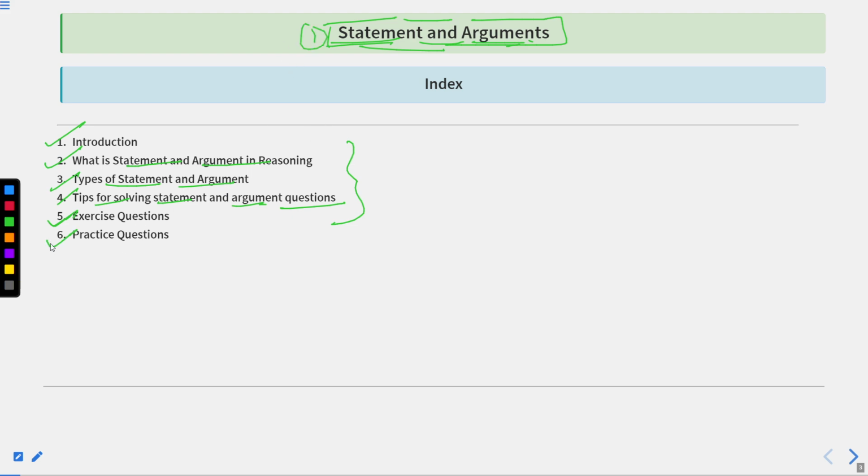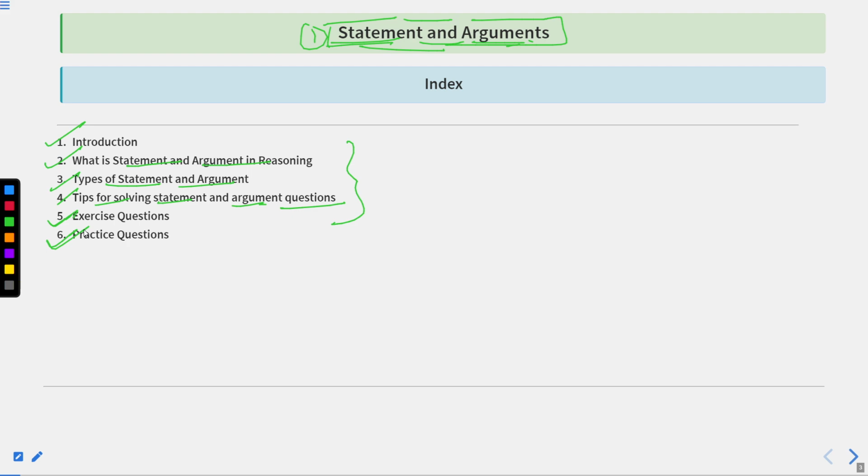And then we'll start practicing in the same manner in which we have practiced in our past videos, in our past lecture series over the different topics of logical reasoning. We are going to practice not only 5-10 questions. We are going to practice, my dear students, a collection of at least 50 plus questions in this particular lecture